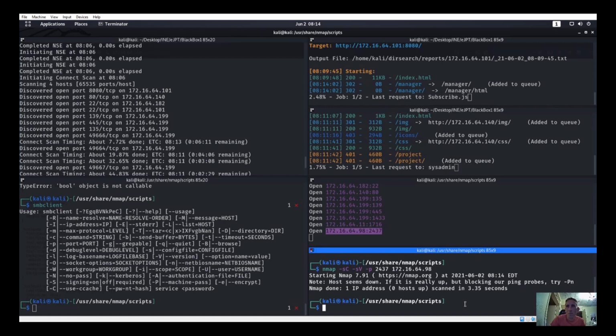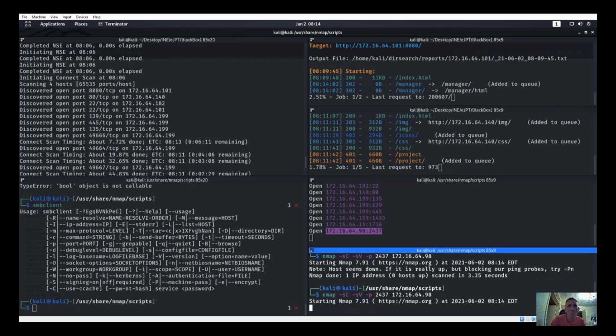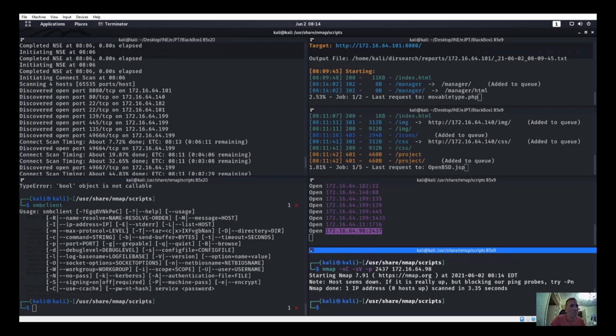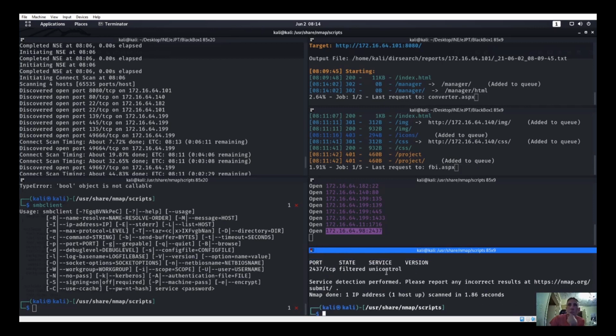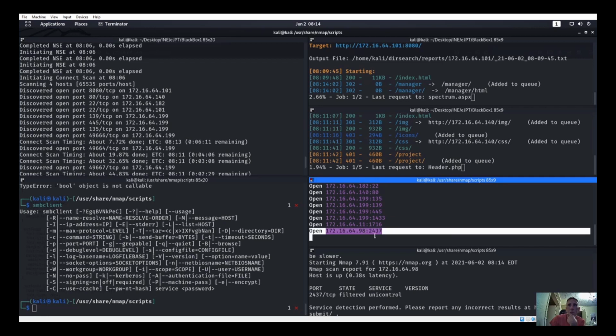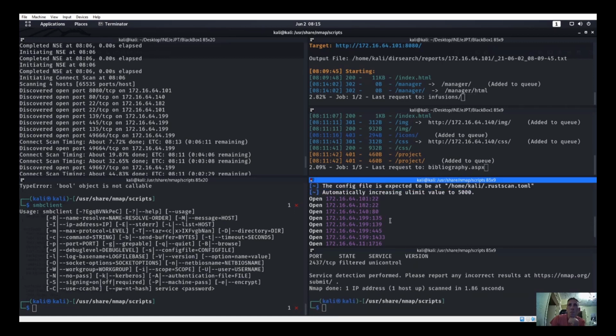So I was saying that it seems like it might be down. Sun's acting up tonight. Let's try attack PM with that. Filtered unit control. Why is it showing that's open over here? It's really weird. It's very weird, but I mean, hey, can't win them all, right? Yeah, the 8080, that's really weird to me that